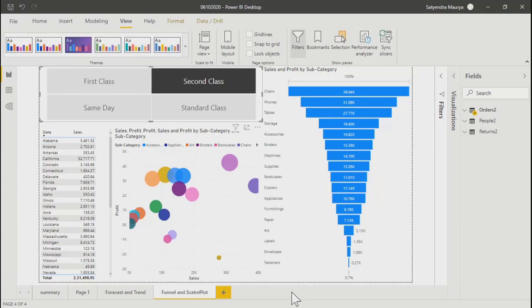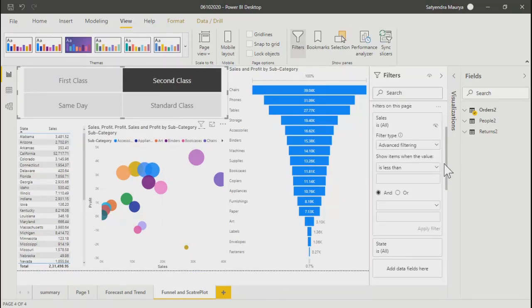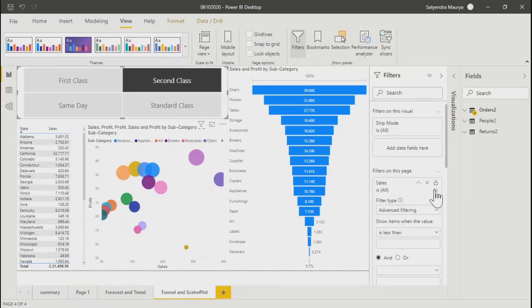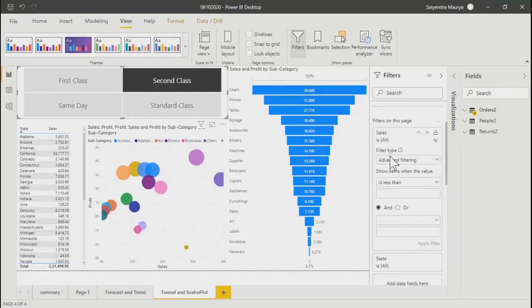In the filter pane, you told that we can hide that filter so that no one can see those filters. Will that happen when we publish to the Power BI service, or will they hide the filter pane in Power BI Desktop itself? Okay, so this one is a filter on this particular page, and we have set it to hide. Let me just publish this,